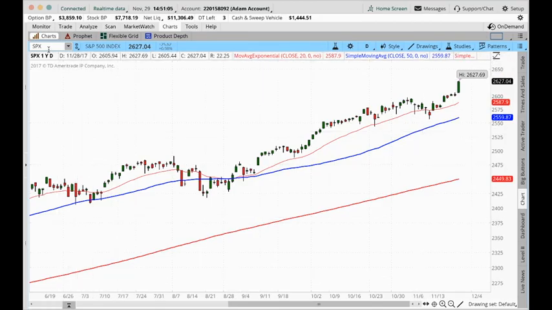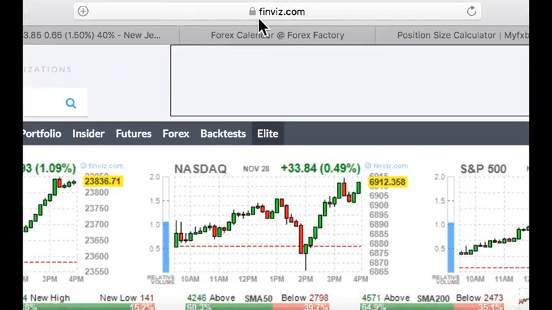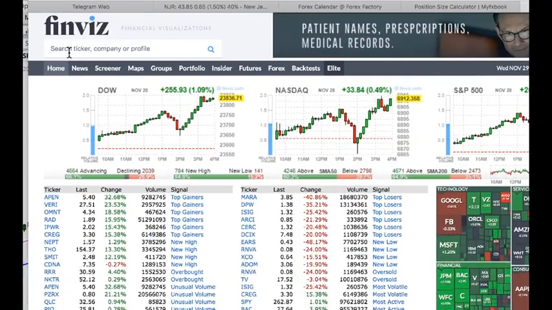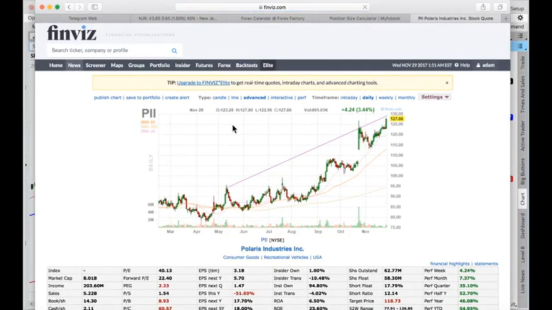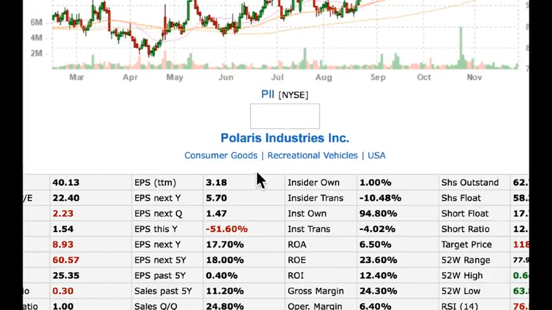So in this case, I was trading PII. All right, so what I do is I go to finviz.com and I check the sector and industry for PII. So PII is Polaris Industries. And once you load it into the ticker, you can see that it is in the consumer goods sector and